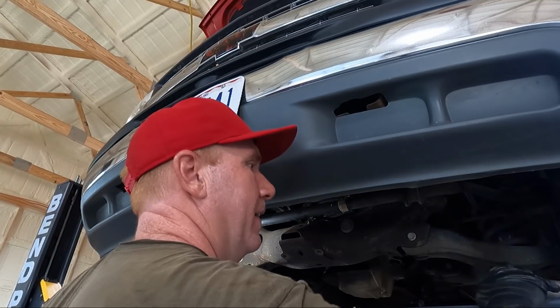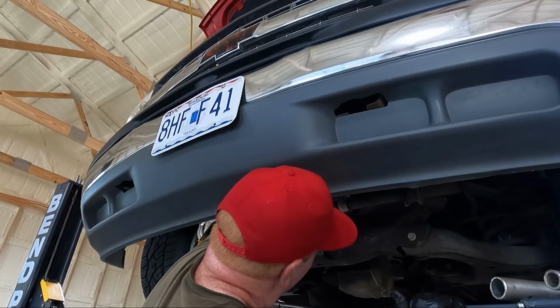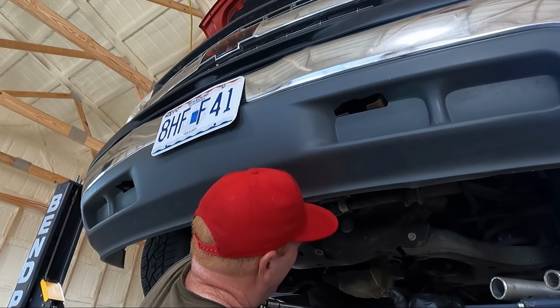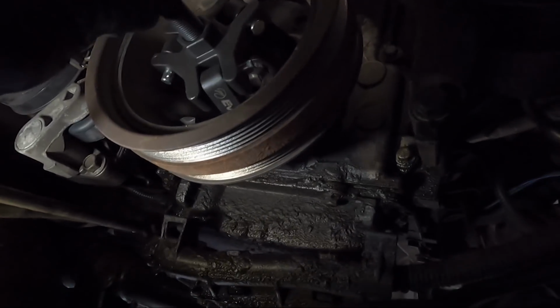We can go ahead and take the harmonic balancer bolt out. That took way less, guys, than what I thought it was going to. Got the bolt out. So now that we got that bolt out of the center, I've got my puller here,